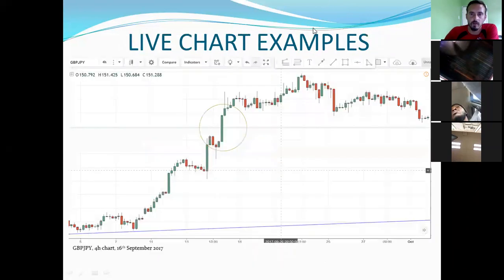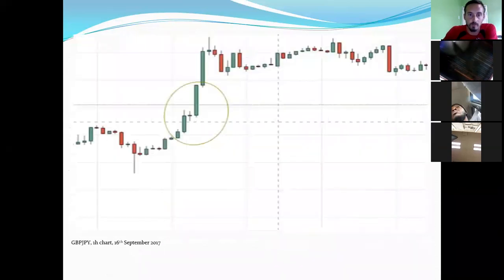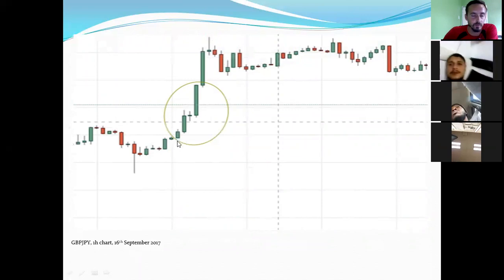So let's look at a few examples in the live charts. This right here, what I've highlighted, is a very strong bullish candle on the 4-hour chart of the British pound and Japanese yen. Now, if you break this down into its components in the hourly chart, you see that the session started off right here. So no sellers were in the market, it didn't push down, and we have consistently